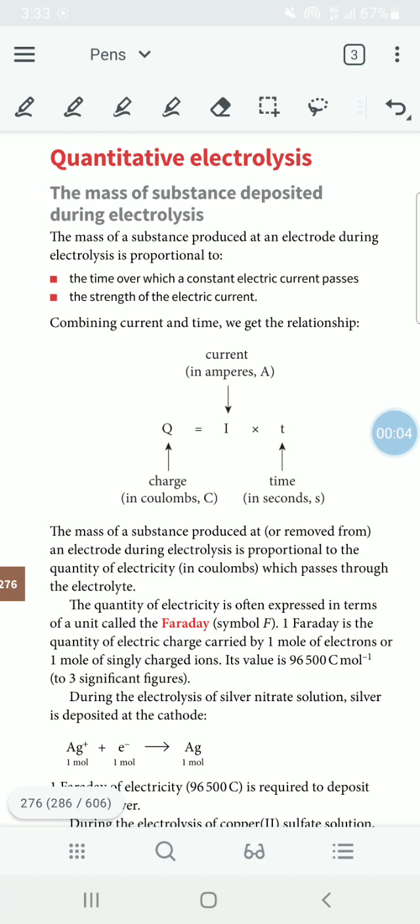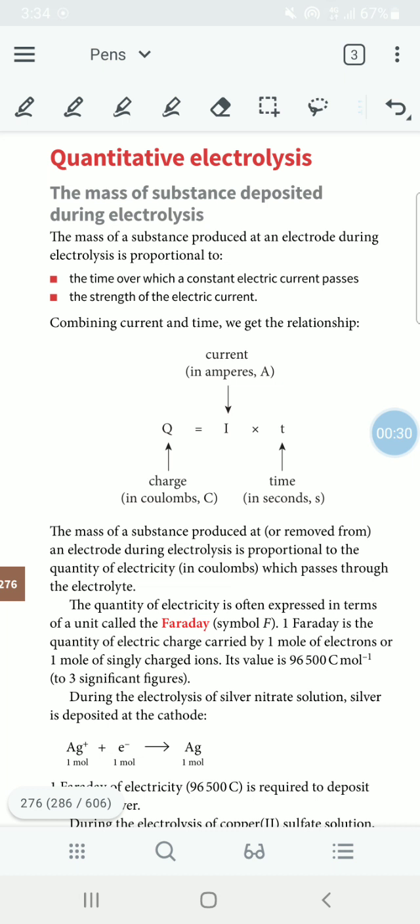Chapter 20, Video 3, Theory, Quantitative Electrolysis. So quantitative means we are doing calculations to figure out how much is produced and what is being used up, etc. So the mass of substance deposited during electrolysis,